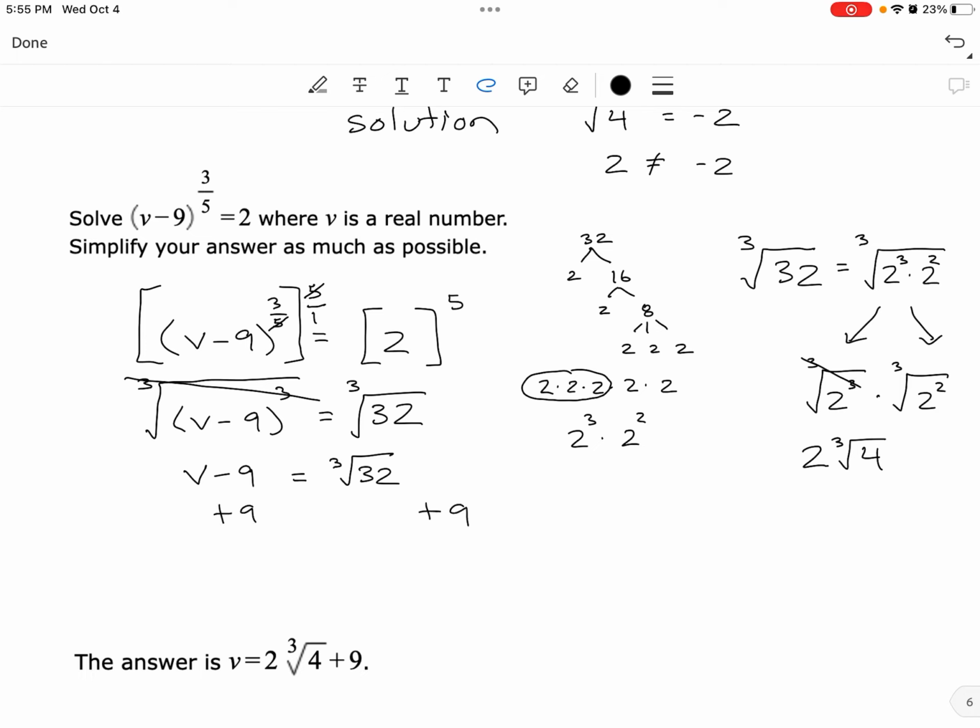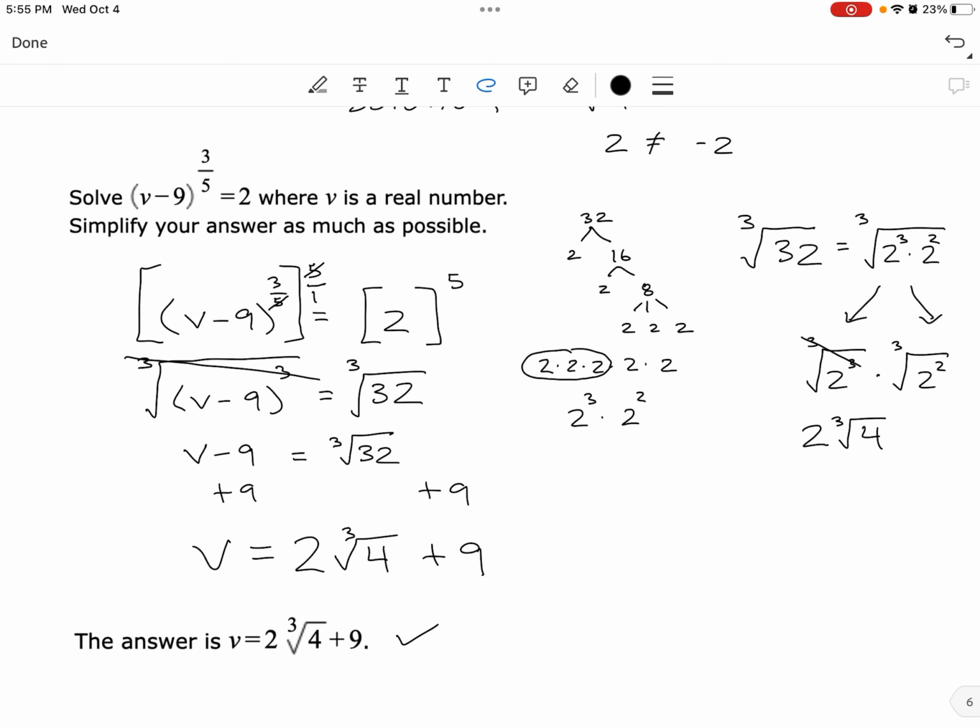And again, we add our 9 over. We get v is equal to 2 cubed root of 4 plus 9. And that's what matches our answer there. All right, so that would be